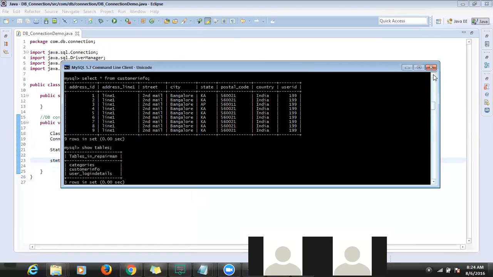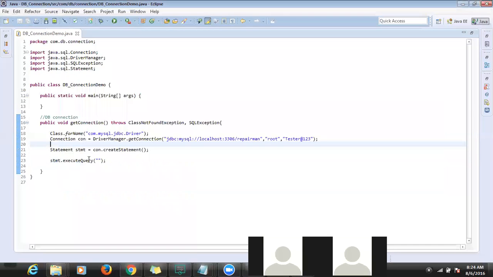If you see in the MySQL console, to get these records, I typed select star from something. This is called a query. The same query we now have to execute from our Java code, instead of in MySQL. Select star from